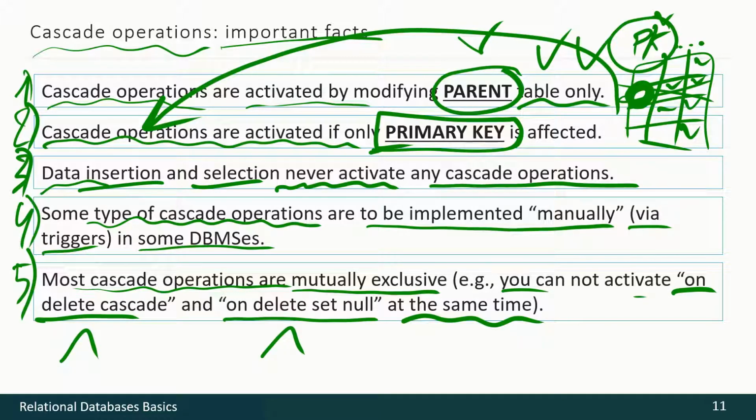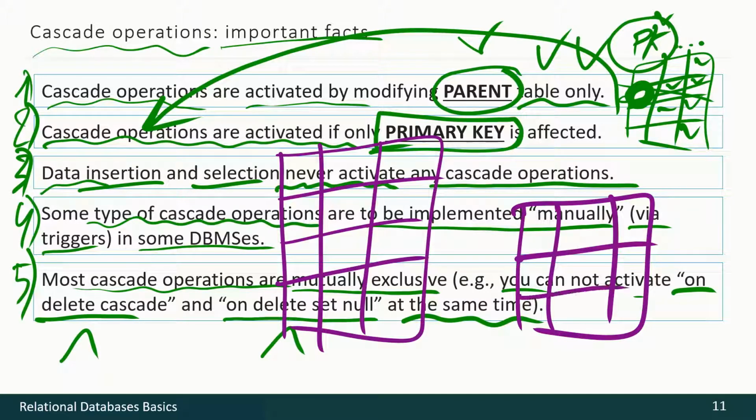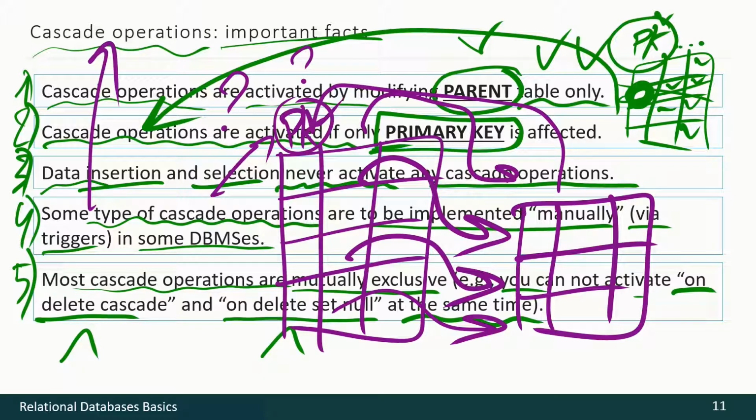And also please remember that cascade operations are bad for DBMS performance. So when you're trying to link some relations, think carefully what primary key you should use. If you use a natural primary key, a lot of cascade operations will happen and they will decrease performance drastically. So maybe you should use surrogate primary keys. It will be better because it will allow you to avoid a lot of cascade operations and preserve the performance of your DBMS and your database.